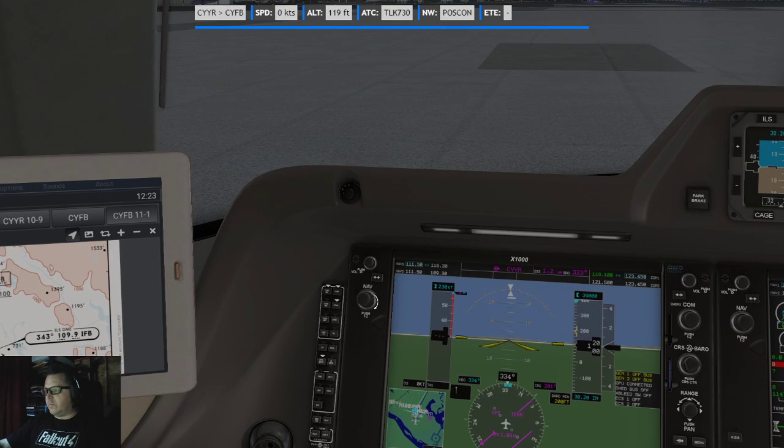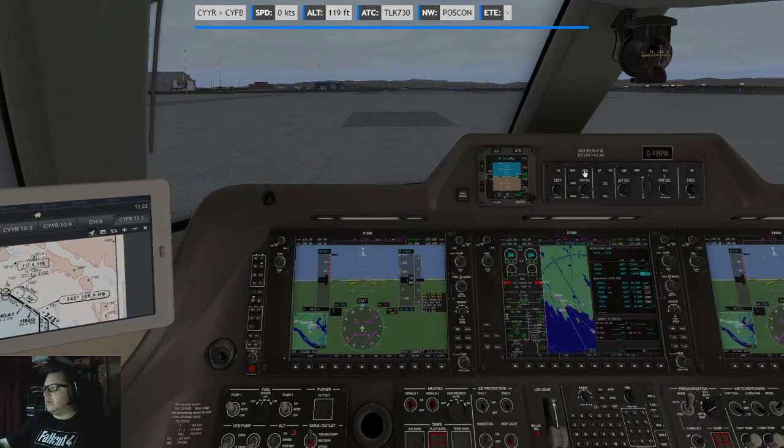So let's go 109.9, both sides. There you go. That's done. So we go heading mode.